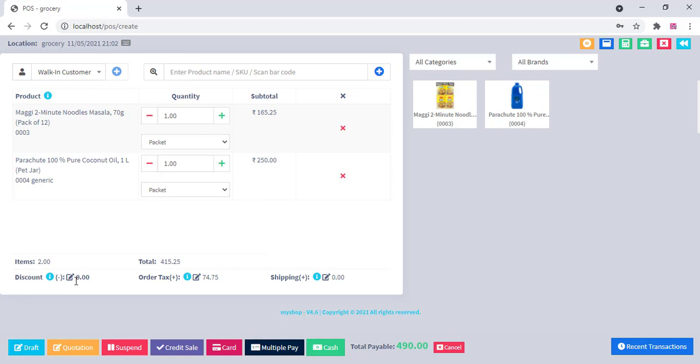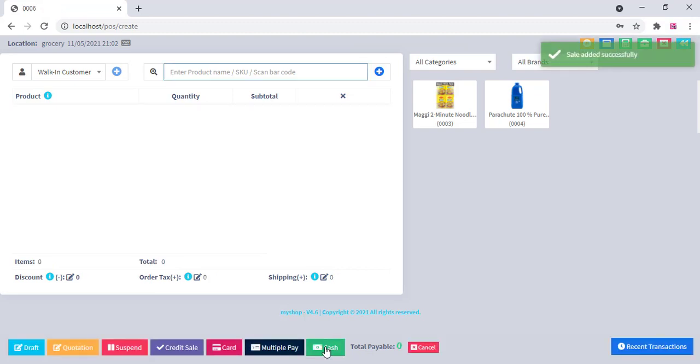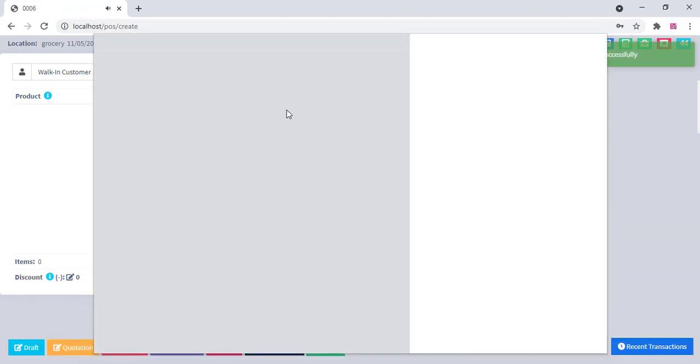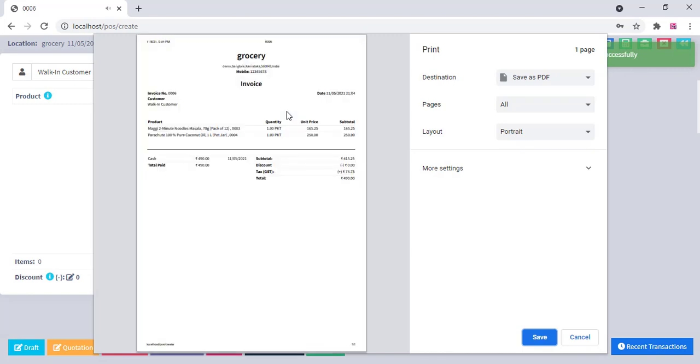There is a GST tax available, so for India we are using GST tax. Once they enter the payment method, the sale is added successfully and the print will be taken automatically. This is a demo website, so I am just showing the payment method. You can see the tax amount here, and the printing layout and the tax settings can be changed on the back end after installing, and you can check all the details,